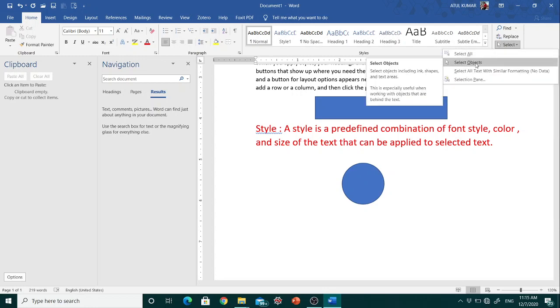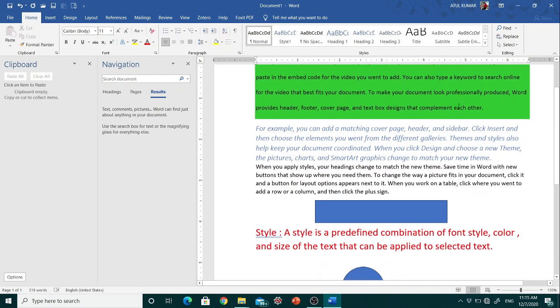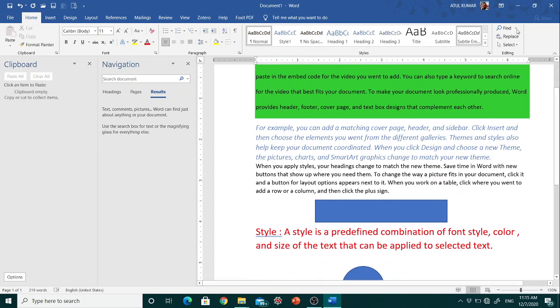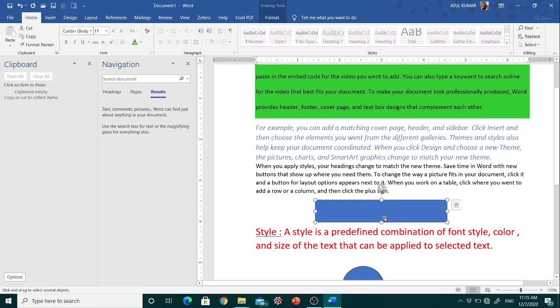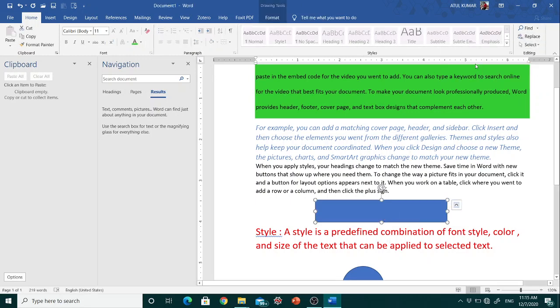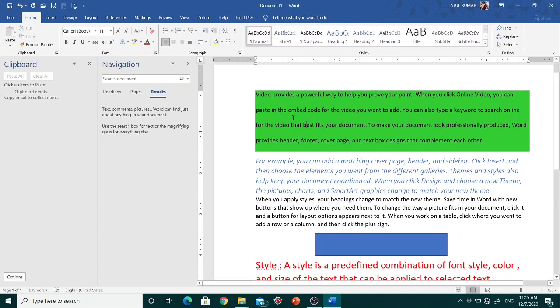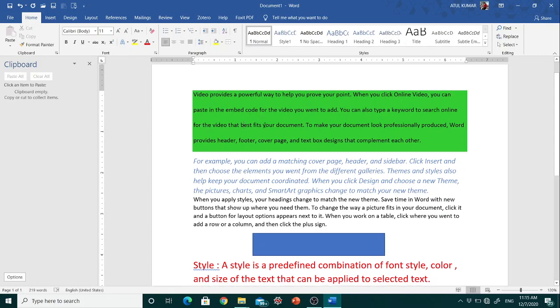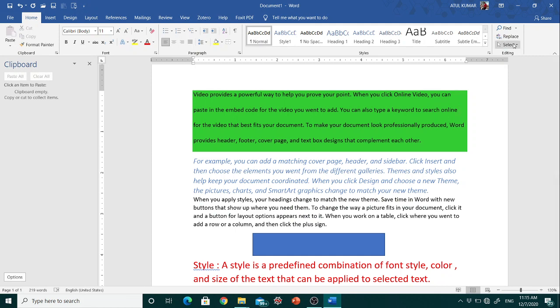So let's see what will happen. Select and select objects. So select all, it will select everything.